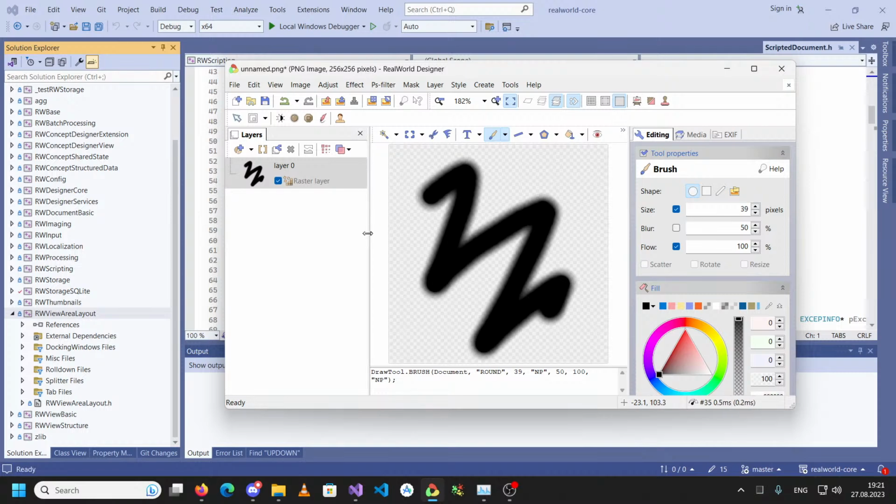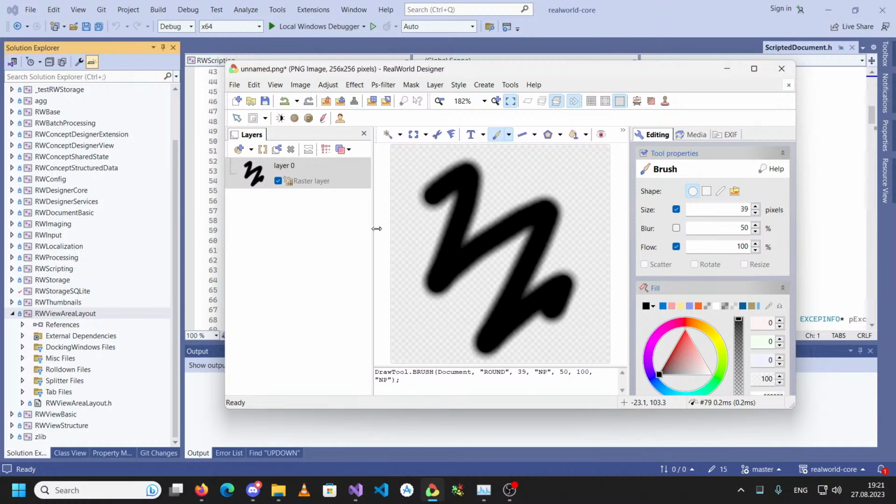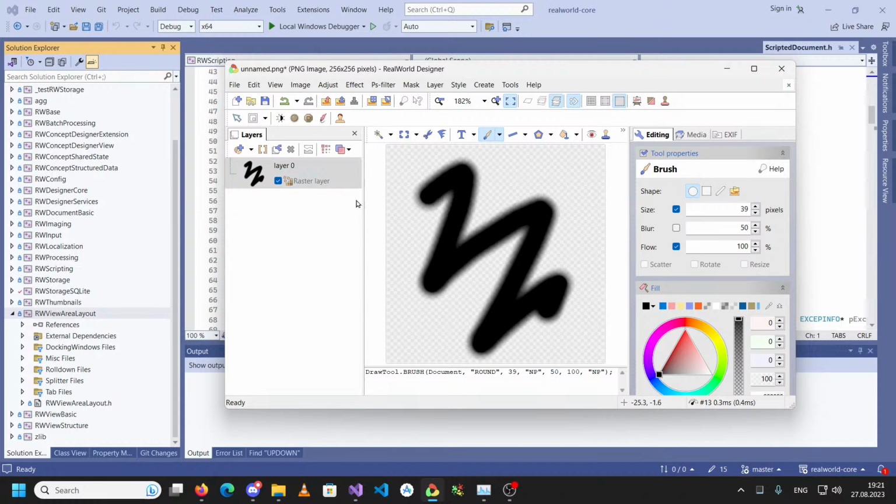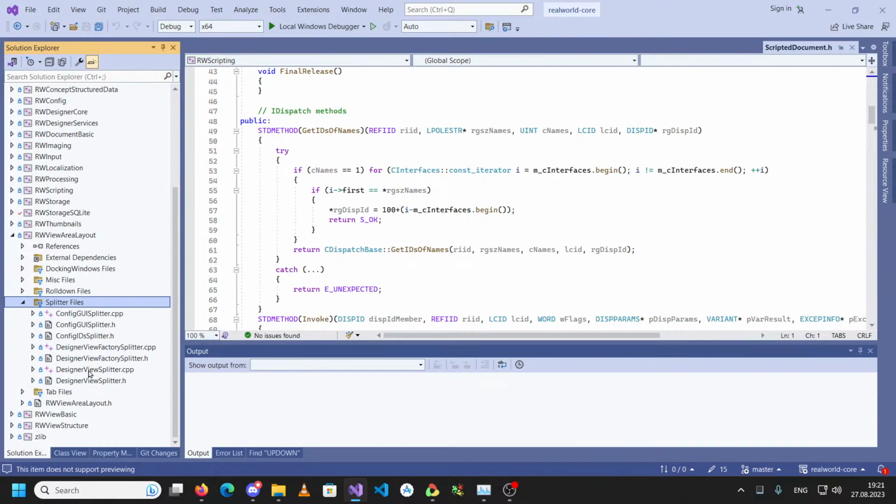For example, you can see that you can resize these two windows, or you can resize this, and this functionality is provided by this designer view splitter object or class,